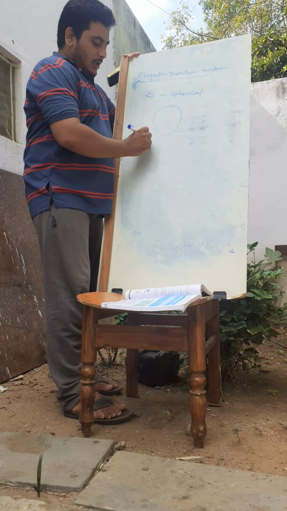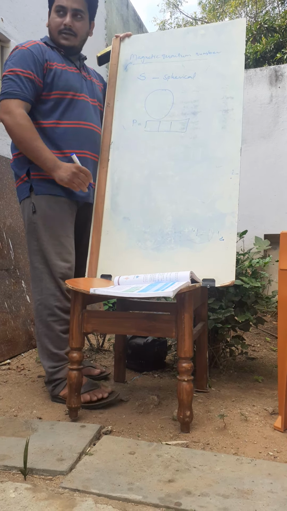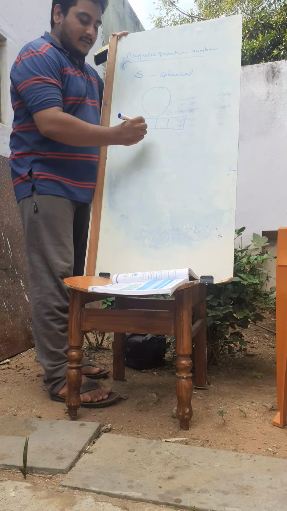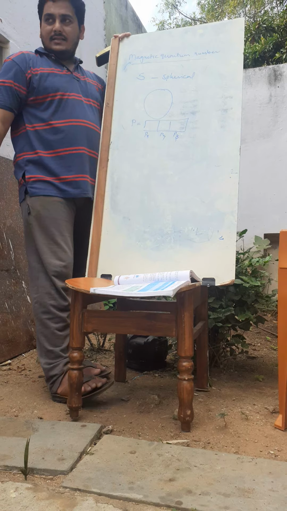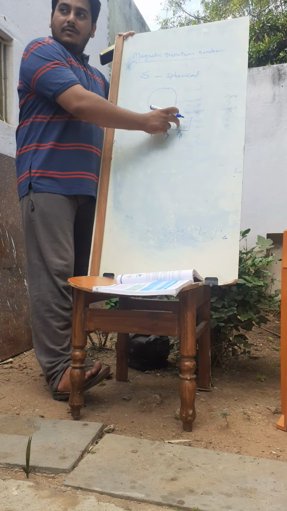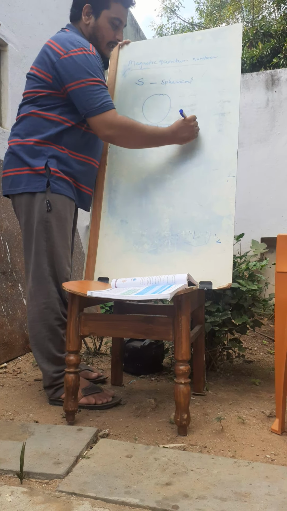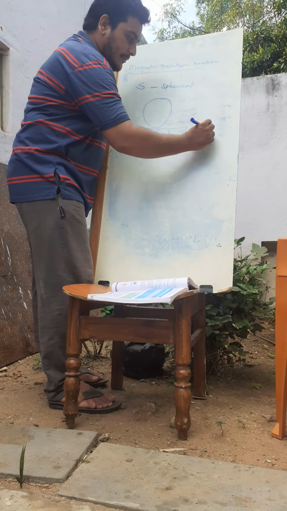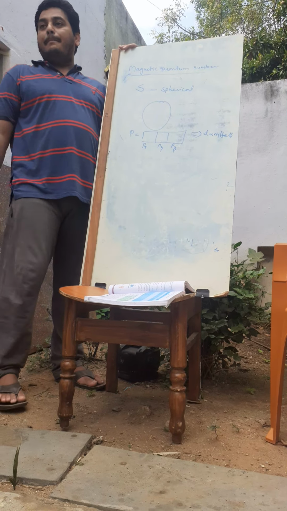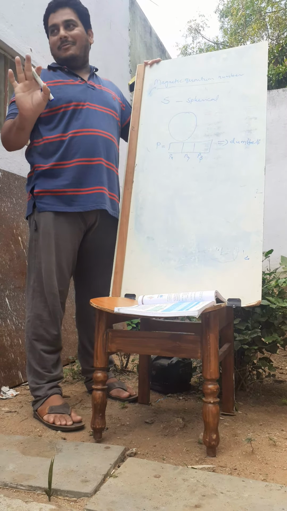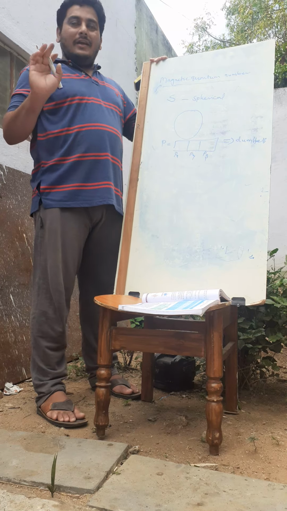Next, coming to the p orbital. How many p orbitals are there? We have 3 p orbitals. I have drawn the box. Degenerate orbitals are 3 orbitals, and their names are given: this I am taking as px, this as py, this as pz. An electron will be present in px, py, or pz, and all of them will have different orientations. The shape of the p orbital is a dumbbell shape, one dumbbell after another.